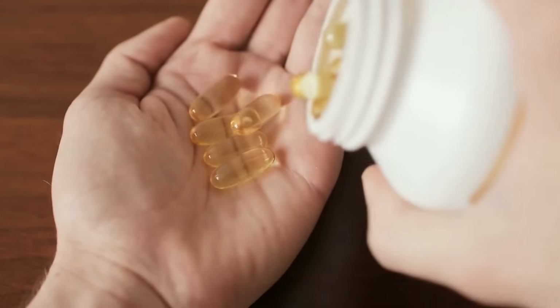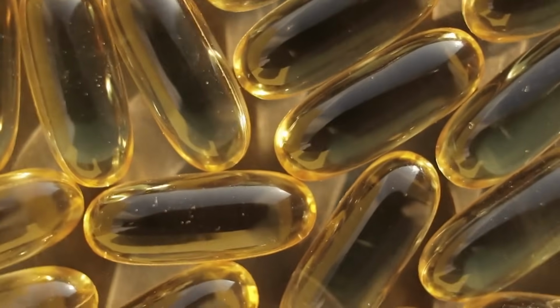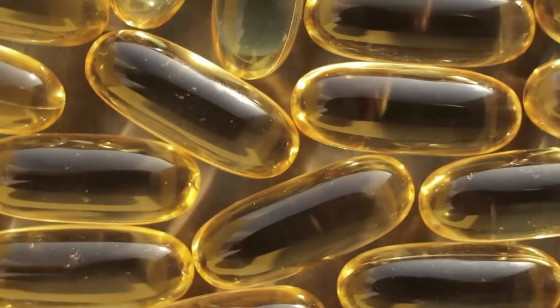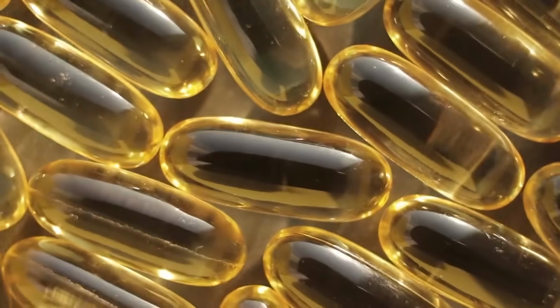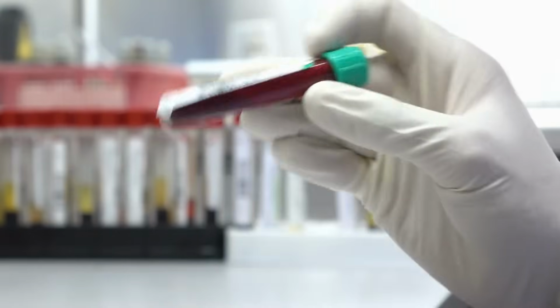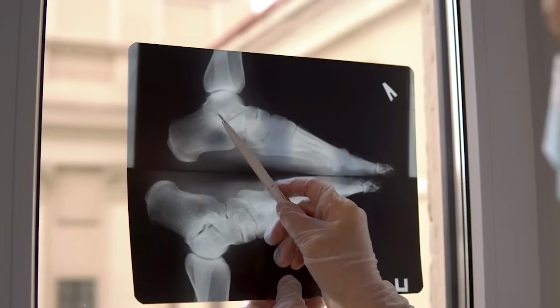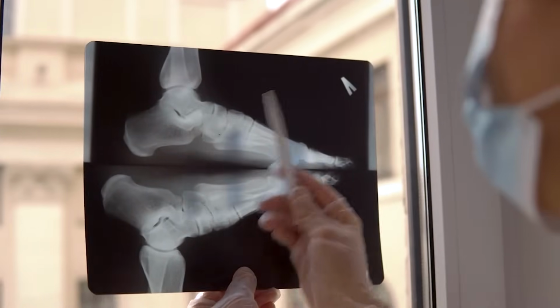Supplements. For many older adults, especially those who don't get enough sun, a vitamin D supplement is necessary. Most experts recommend 800 to 1,000 IU per day for optimal bone and muscle health, though those with severe deficiencies may need higher doses under medical supervision. If you're unsure about your vitamin D levels, a simple blood test can provide clarity. Many doctors now routinely check for vitamin D deficiencies in older adults, recognizing its essential role in preventing falls and